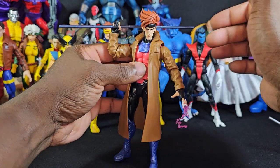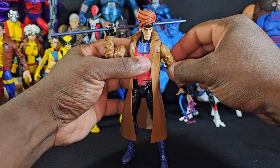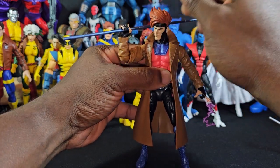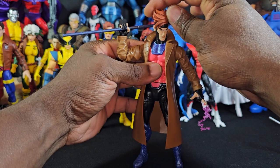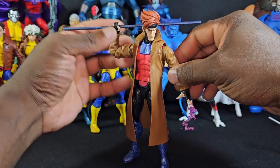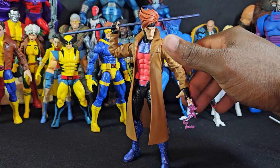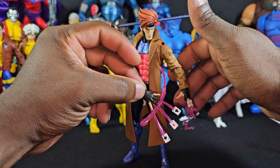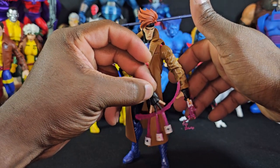What else? The accessories, I'm gonna give him a 7 out of 10. I wish they could give him an extra head sculpt. And not just an extra head sculpt, but regular hands, like 2 closed fists for both hands. That would have been nice because these cards are just accessories. These are not just regular hands. These are actually accessories. So to come with 2 hands I think would have been nice, seeing that this is